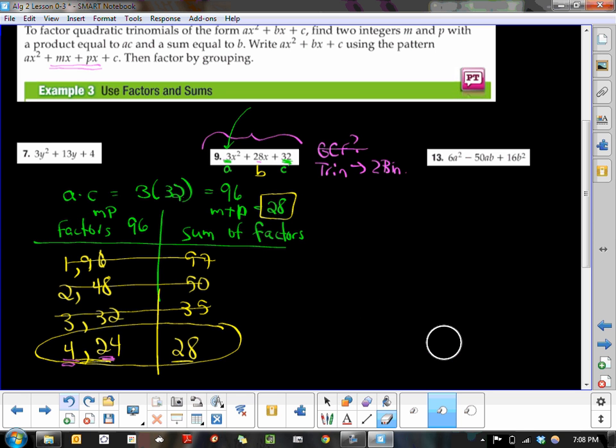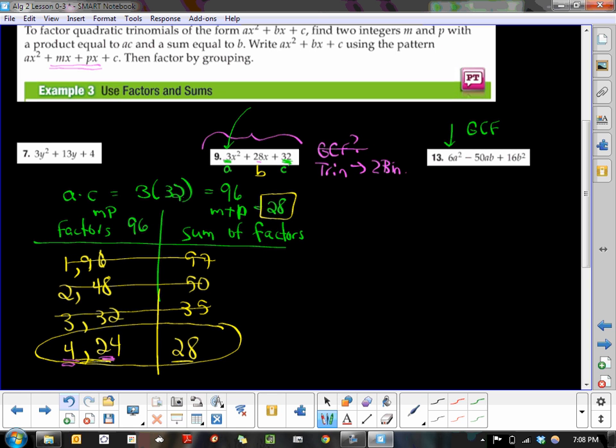It definitely fits into this classification where we've got a value of a sitting here. It's not a 1. It's a trinomial. It should factor to two binomials. We can look for our greatest common factors. So is there a greatest common factor